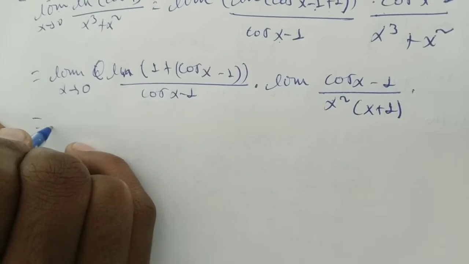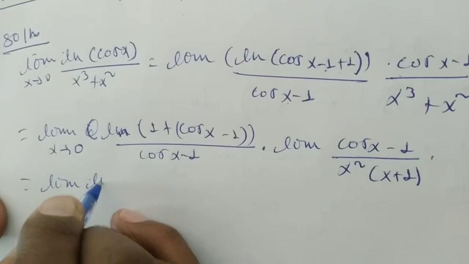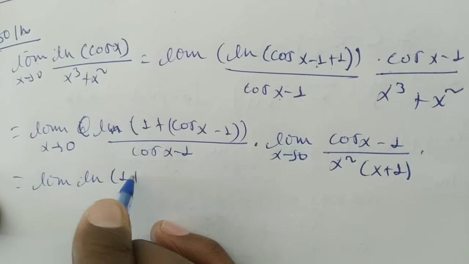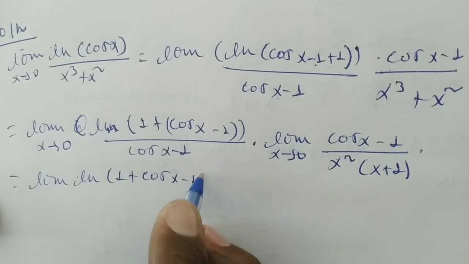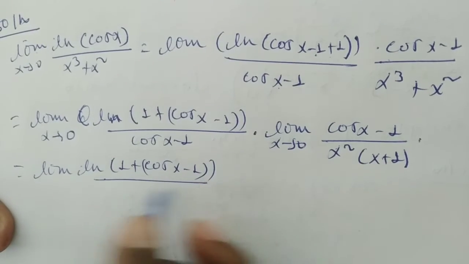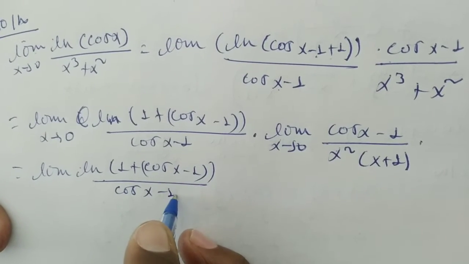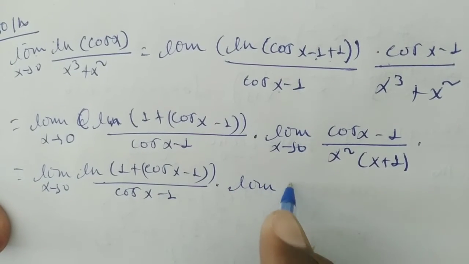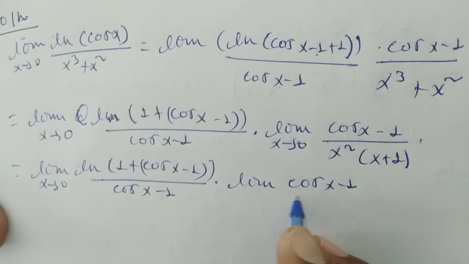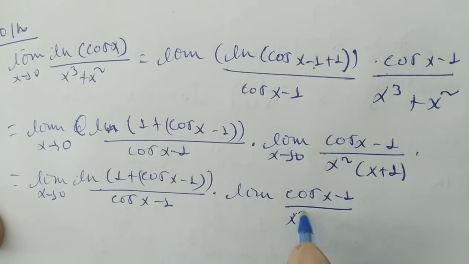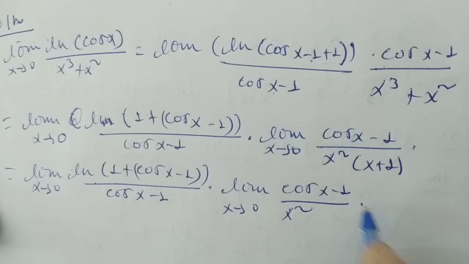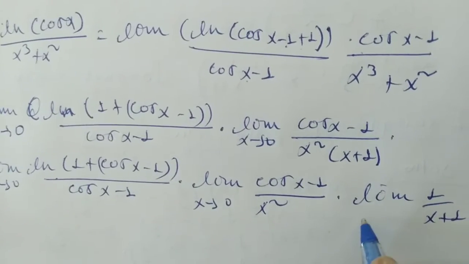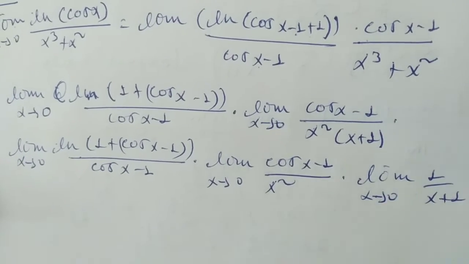ስለዚህ which is equals to limit of ln of 1 plus cos of x minus 1 over cos of x minus 1 as x goes to 0 times limit of cos of x minus 1 over x square when x goes to 0 times limit of 1 over x plus 1 when x goes to 0 ማለት ነው።